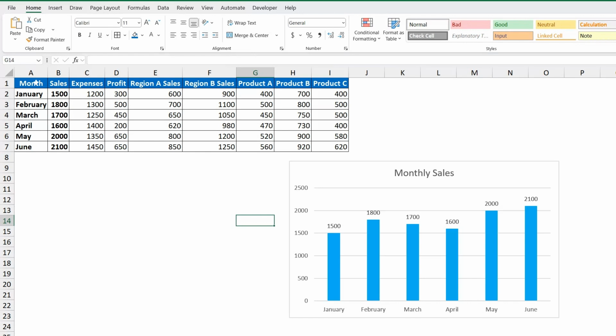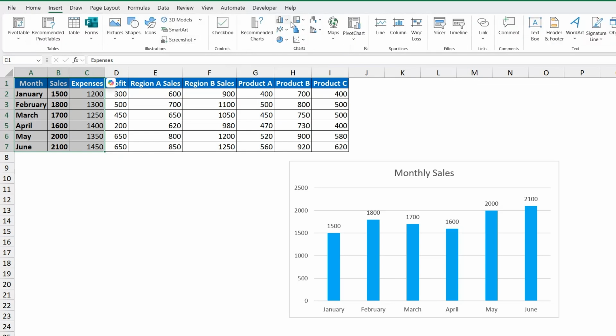I will select month. I will hold Control on keyboard. I will select also sales and expenses, or, because they are in one range, I can select all, and I will insert a new clustered column chart. Insert,